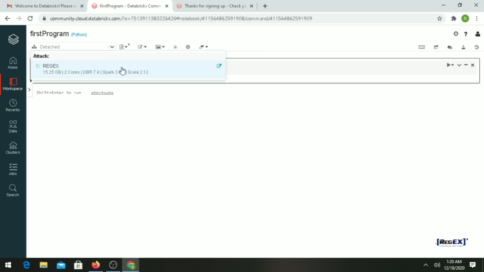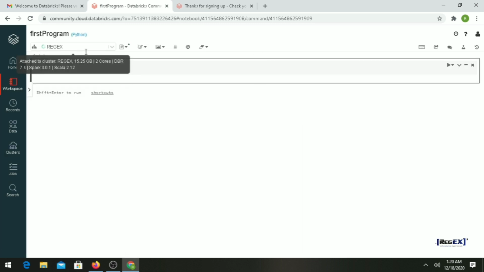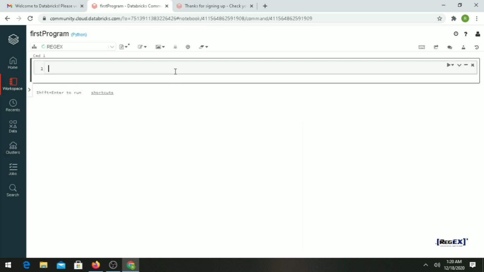Above you can see your cluster is running, and it will automatically allow you to attach it, and you can simply print anything, like print hello world, or you can start creating data frames or RDDs as per your demand.